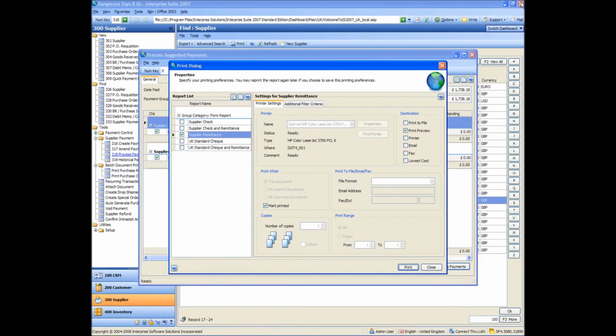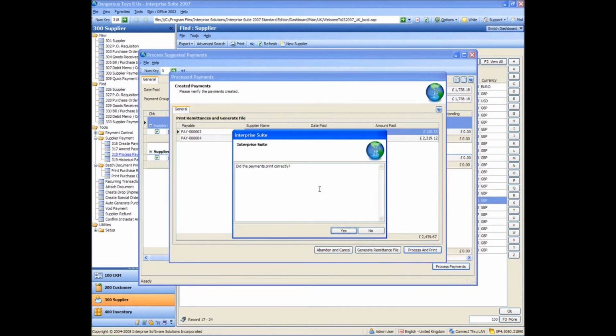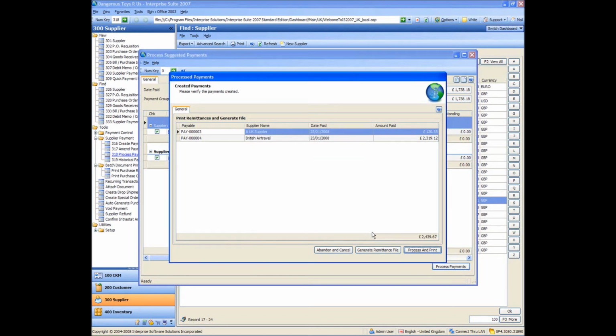Okay, so if I close that down and go back to the previous screen, it asks me did the payments print correctly. Now if I say no at this point, because there's a problem on the printer or something like that, I've then got the option to go and process and print again. If I want to, I can also abandon out of the payment run at this point, and I can start again. So if I process and print again,